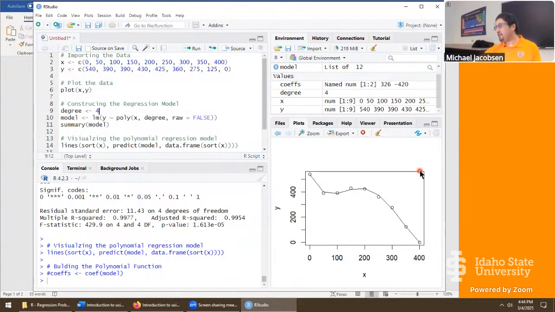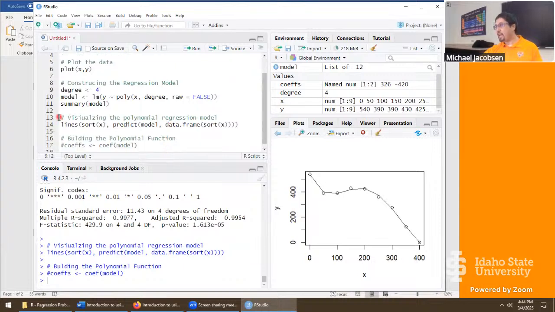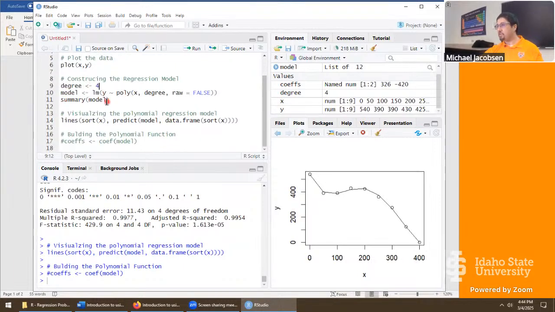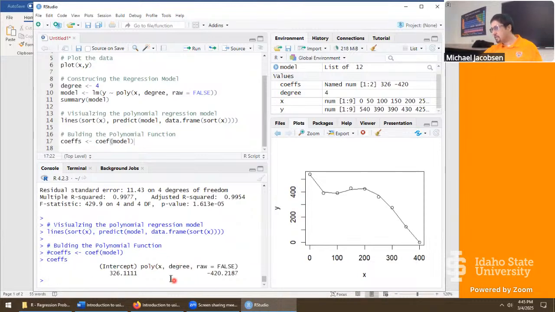So we've got our visualization. We have the degree 4 model. This visualizes it. And if I uncomment that, this grabbed all of the coefficients of that model. It's right here inside coefficients, COEFFS. Hang on here. We have an intercept and then some other values here. It's kind of an interesting way it outputs. But you know, if you really want to look into these coefficients,